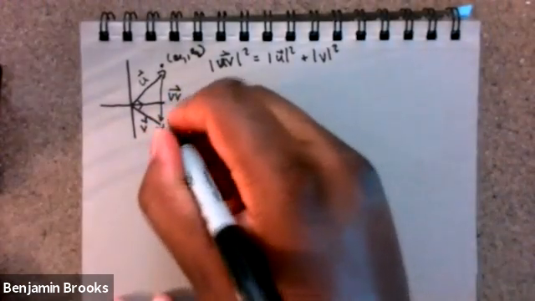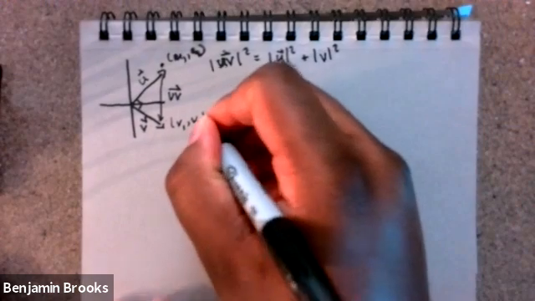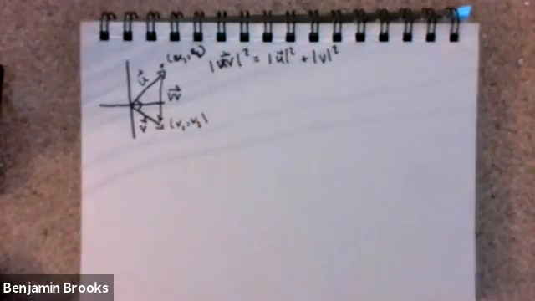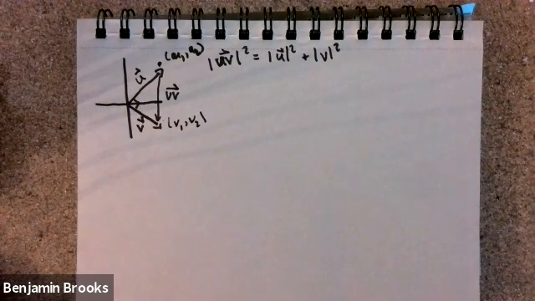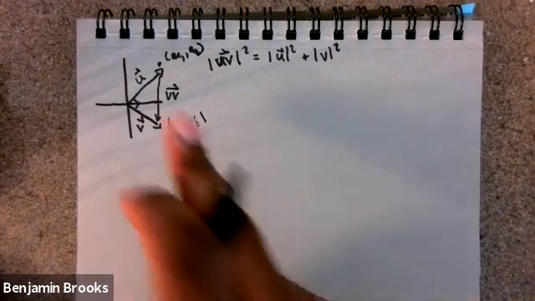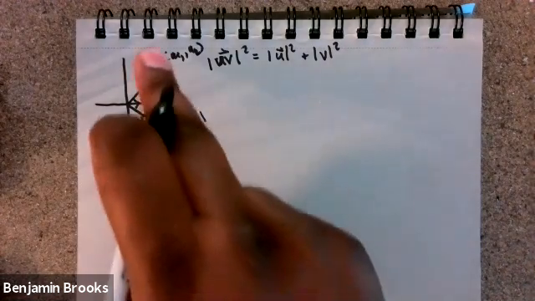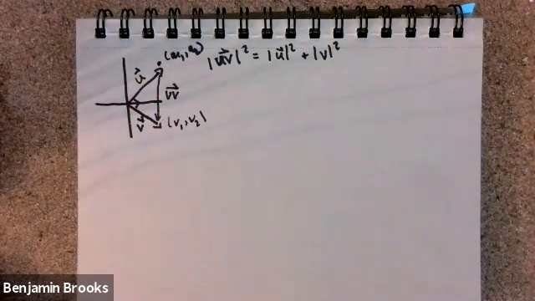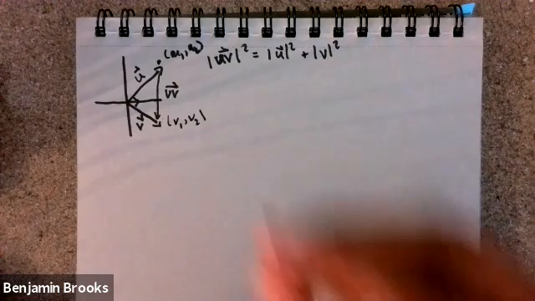This point down here is (v1, v2), v1 being the x value, v2 being the y value. Now, all that said, let's think about what we could characterize UV as. The distance between this point (u1, u2) and this point (v1, v2), we could just use the distance formula,